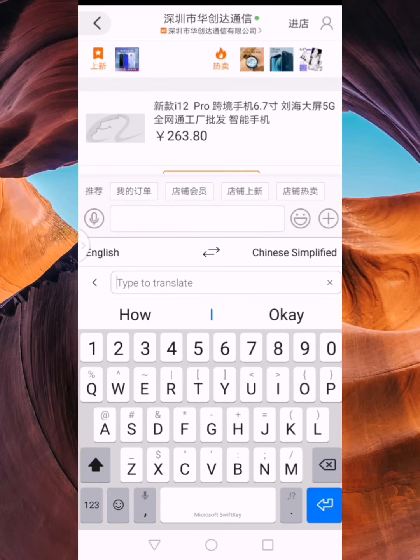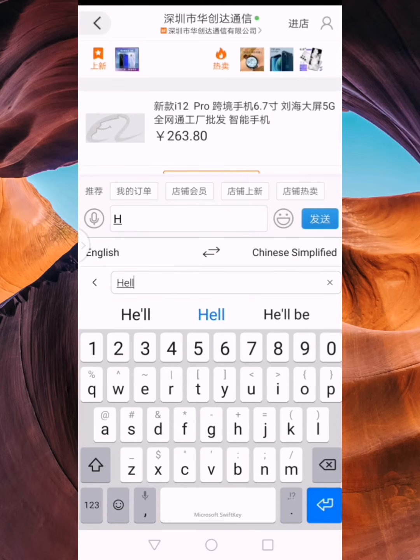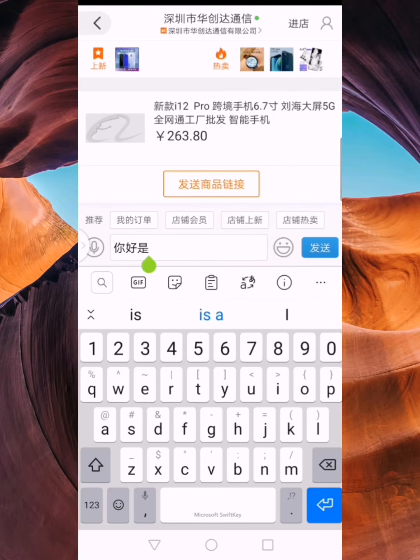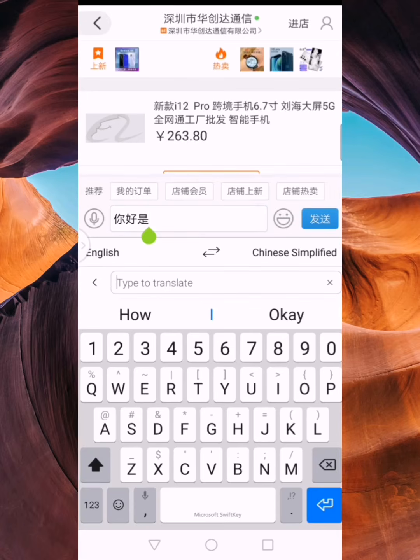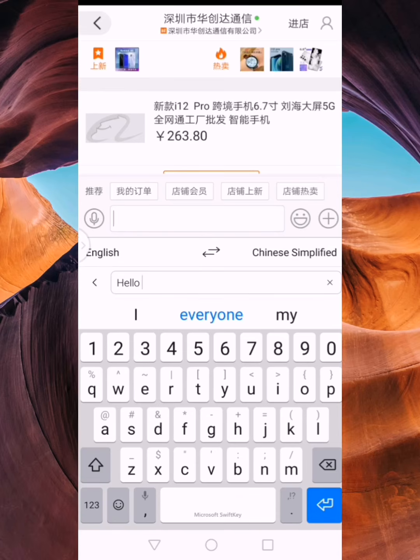So I will simply continue typing. So I will say hello. So you can see as I'm typing down here, it's coming up in English, and then up here, yes, it's now going in what? Chinese language. So I will just say hello. Let me start again. Hello,